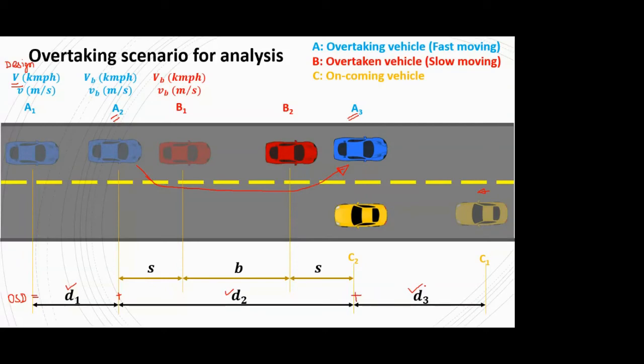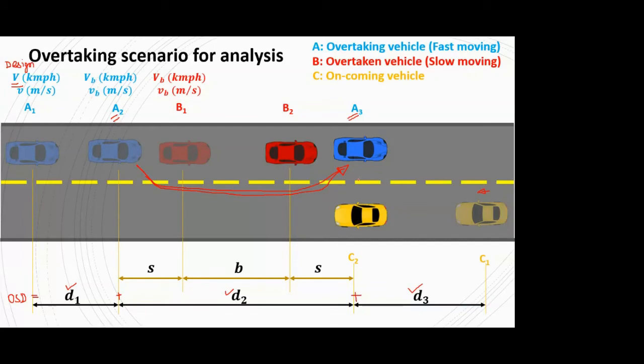Okay. So what happened? There was a vehicle B, which was a slow moving vehicle in this system. Then came a vehicle into the system which was moving at the design speed, and then it decided to overtake. So in the time span of seeing the slow moving vehicle and taking the decision of overtaking, it traveled a distance d1. Then it actually started the overtaking operation from location A2. Then it overtook the slow moving vehicle, and it went back to the original lane at location A3.